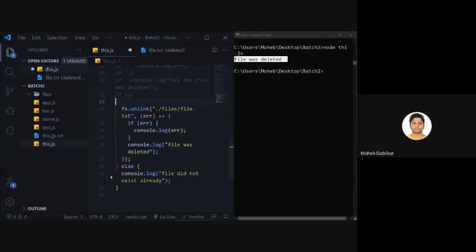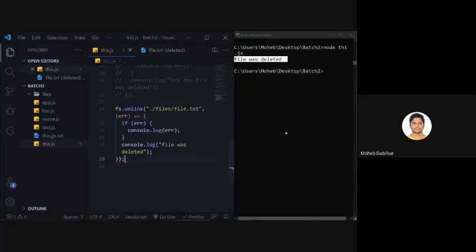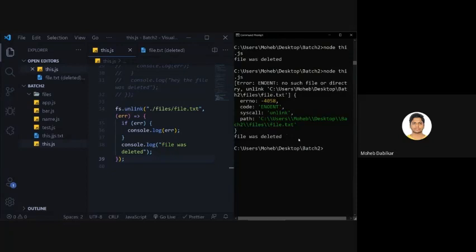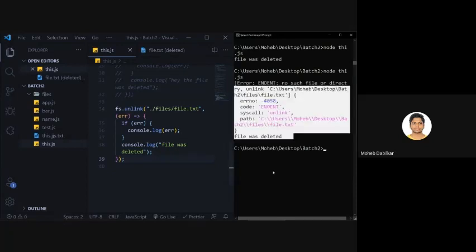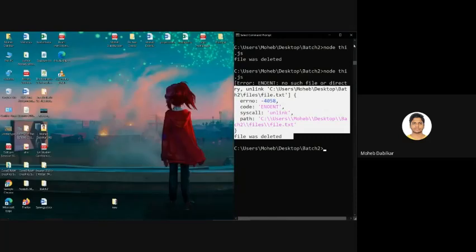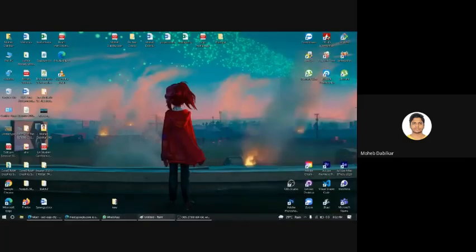If you did not use this if statement, it would just throw an error, like now if I do, you see. So that is a bit of error handling for you. We just got started. I don't want to take a lot of your time now. If you have any doubts, please ask me, else we are ending the session right here.